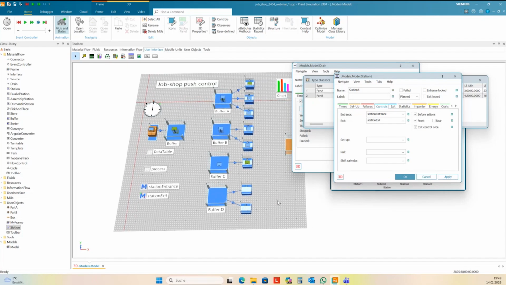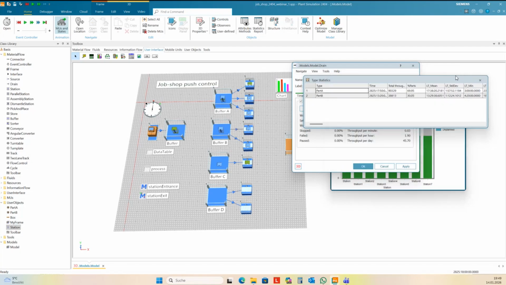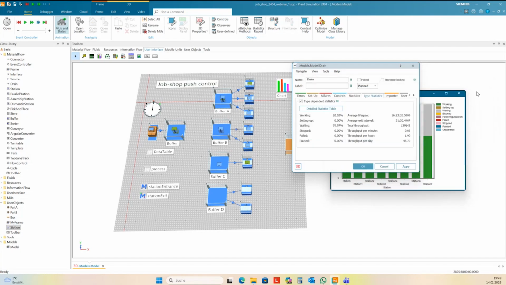You need to send the part and then stop the machine and start the production at exactly the time you have scheduled. In the meantime, it's easier to do this in Plant Simulation.